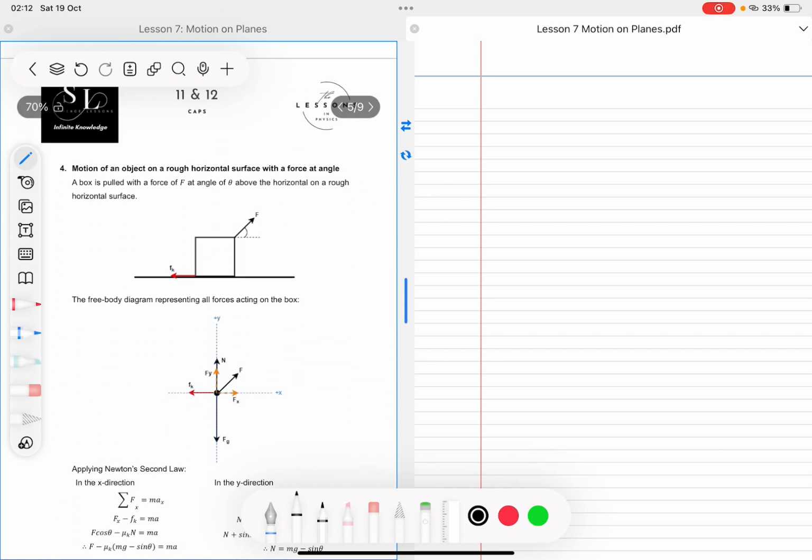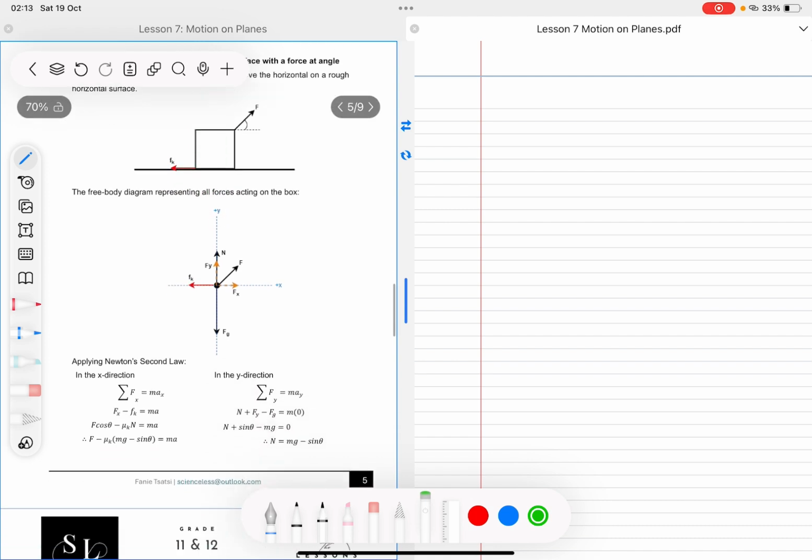So now in this case we are applying the force in that direction. It makes an angle theta above the horizontal, right? But there is now friction and there is normal force included in this, and gravity. So when we draw the free body diagram, you can see that all those forces are there. But very important, I also included these forces in orange to say